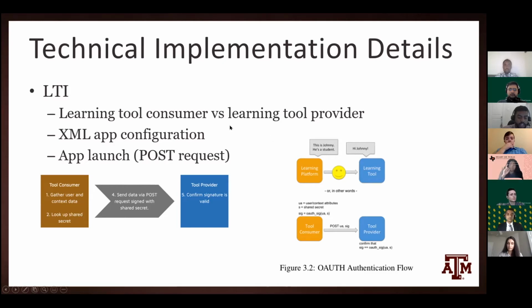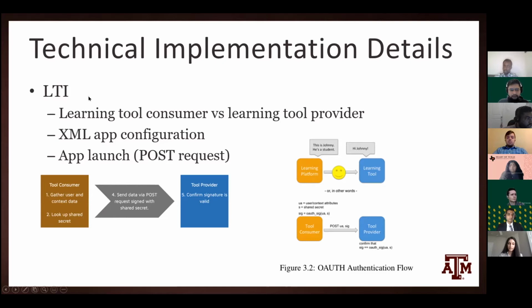For example, the credentials used in Canvas will be passed directly to a third-party web application. A predefined key and secret is shared between the tool and LMS, and there's a sign-in process that happens. A launch happens, which is basically a post request, which sends user information to the app and also signs that request so that the tool knows that it's from the LMS and not from anywhere else. The app can then send back content such as grades to the specific user, or even auto log in the specific user specified in the form post.